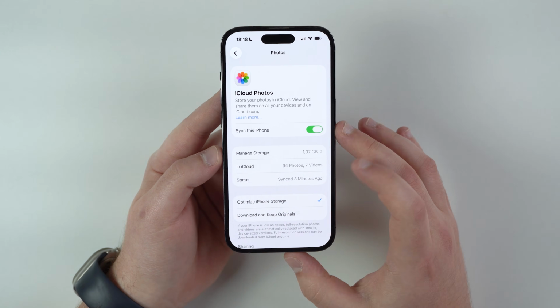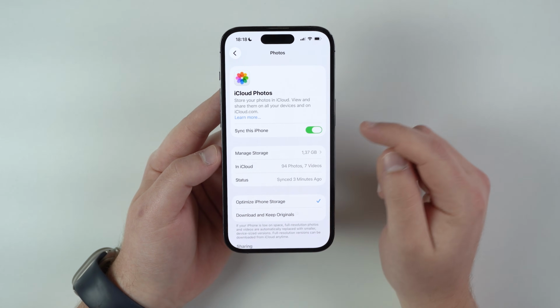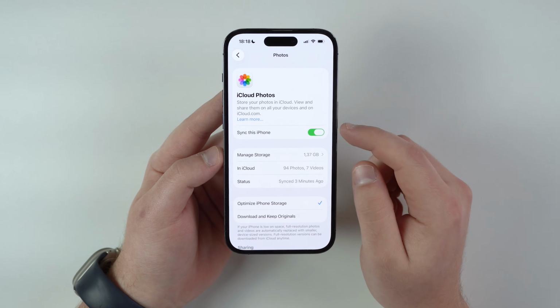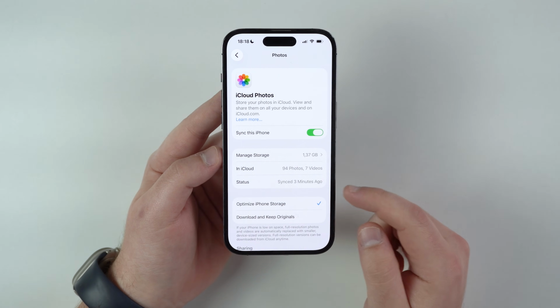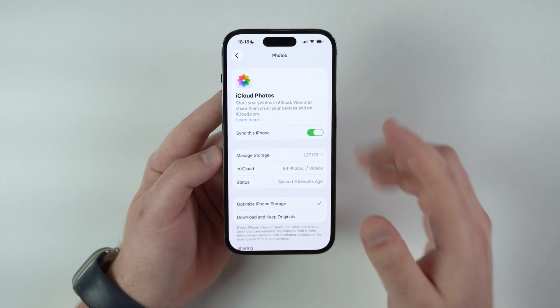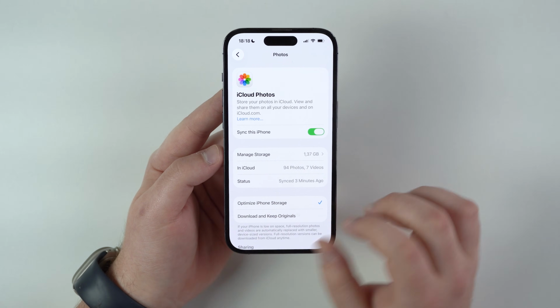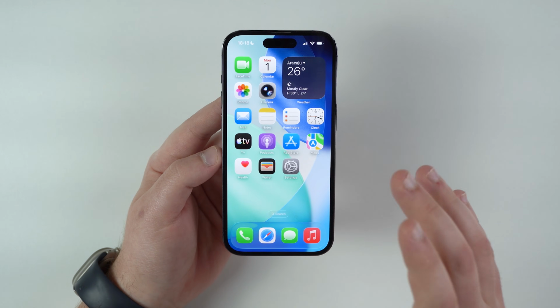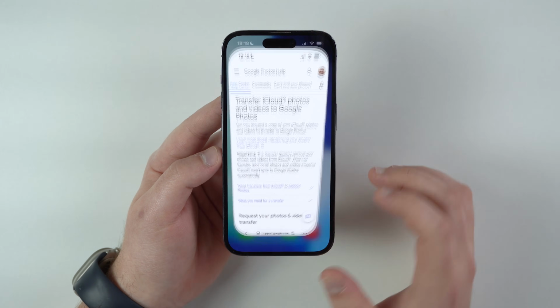So go ahead and do that. Make sure, if not, enable here the sync process and make sure it's synced. Make sure all your photos and videos are in the cloud to make sure all of them will go to Google. All right. So now that we have checked that, all we have to do is open up your favorite